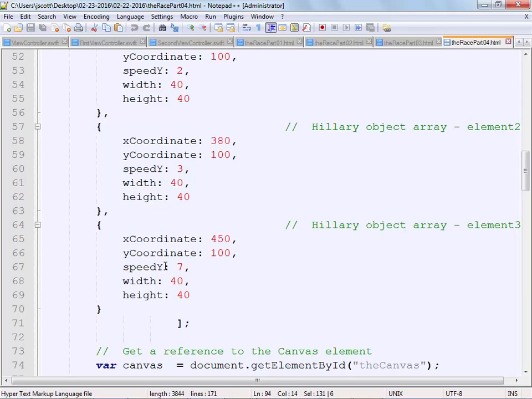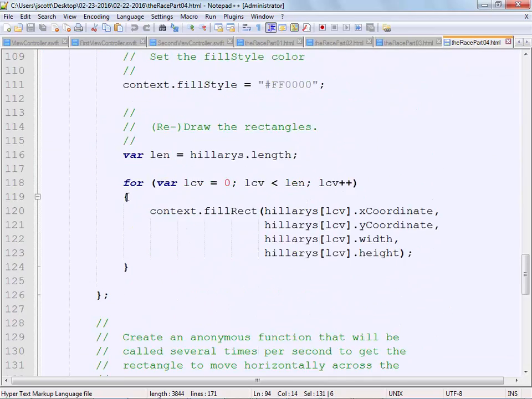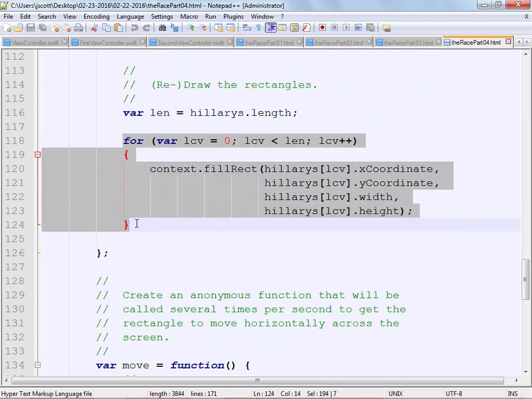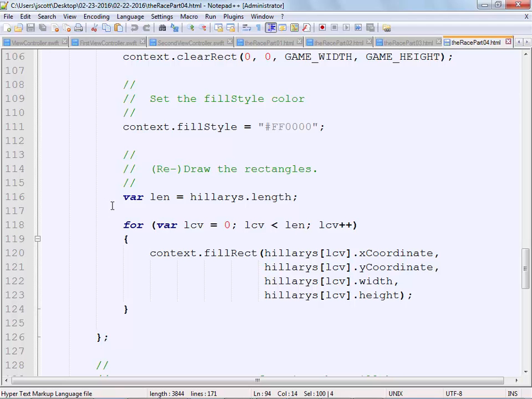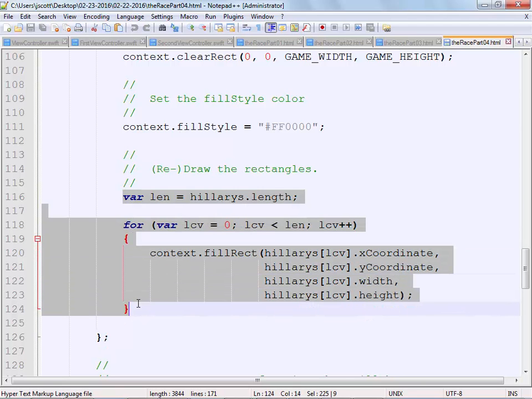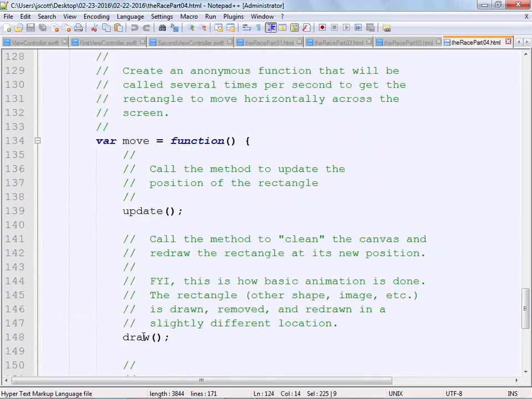If I wanted to jack with this to make them go faster, slower, etc., those would be the numbers I'd be changing. Other than that, when we draw it, we also have to spend a little more time because this is filling an array, and this is drawing from an array. Other than that, it's the same program that you've seen. There are no other changes.